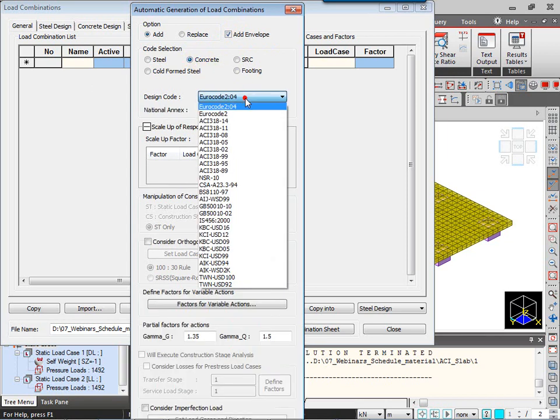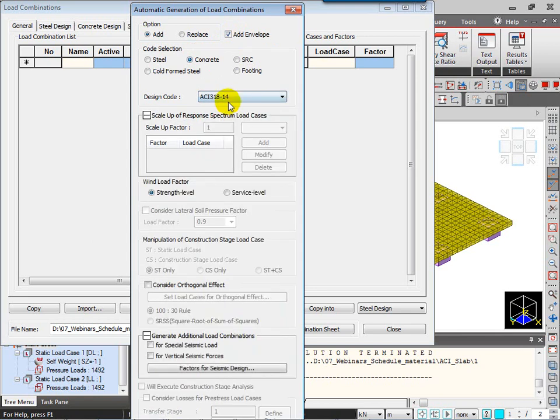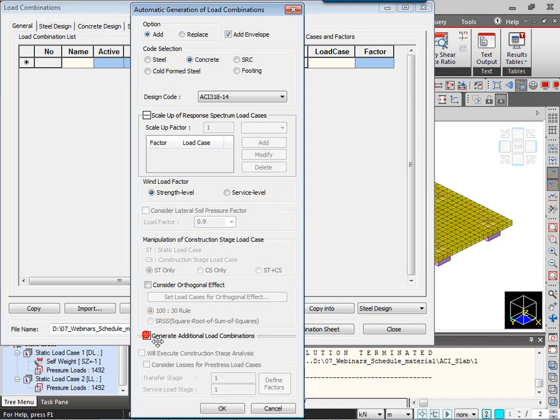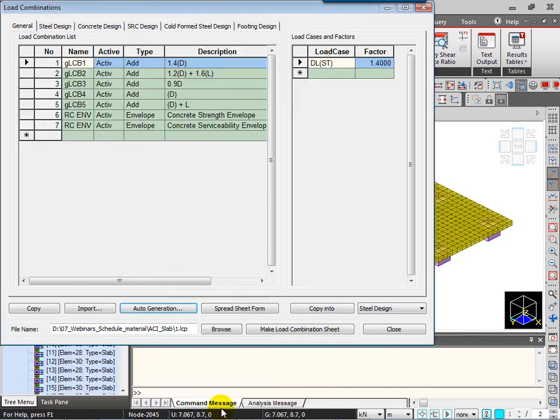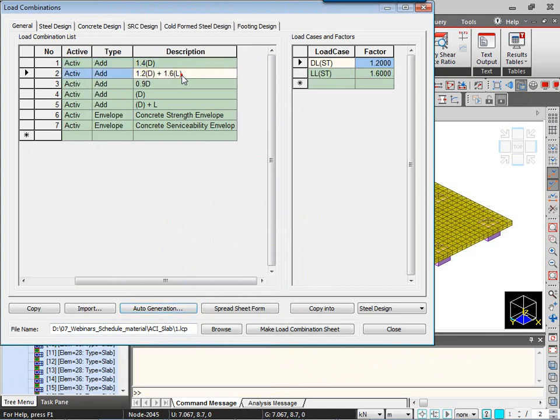So I want to select a concrete code. The huge database again is available for us to select from, and because we're going to be performing using ACI standard, we'll click on ACI318-14. Okay, after that I'll just click over here to see the lower OK button from here. So I'll click on OK. So in this way I can see all the load combinations created by the software and the strength and serviceability envelopes created,